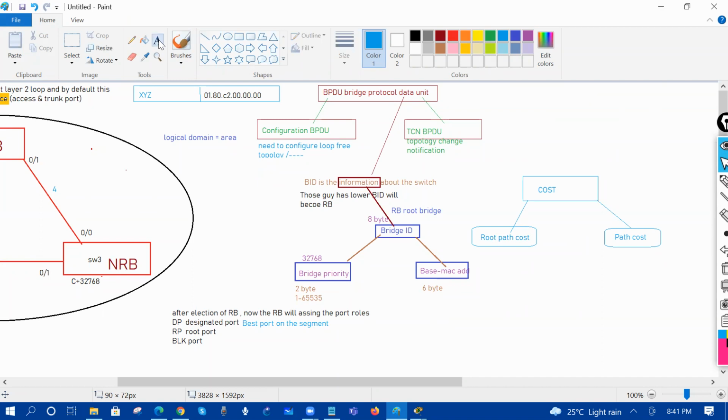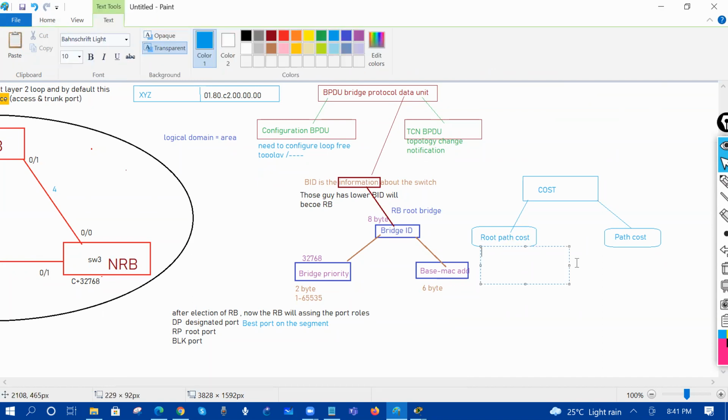The cost from the non-root bridge to the root bridge is called the root path cost. The interface cost is called the path cost. Remember one thing, at every receiving point, the cost will be